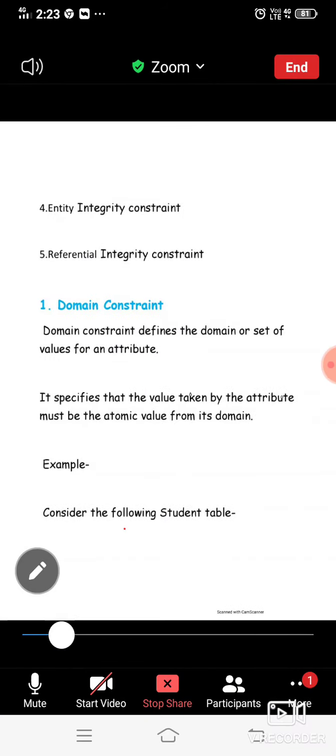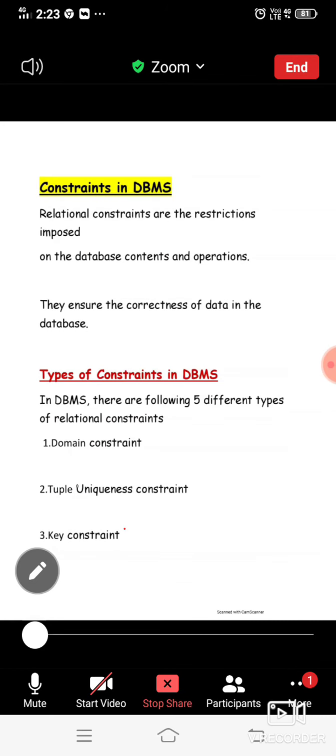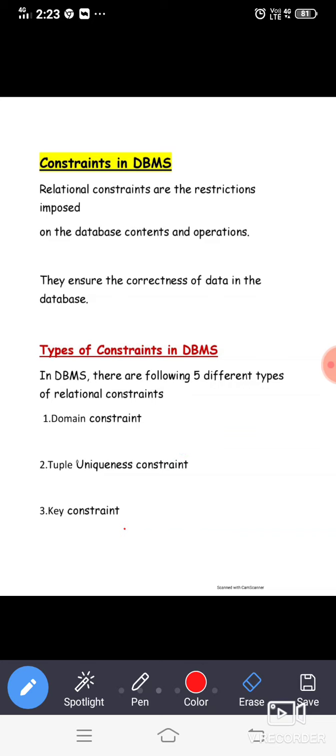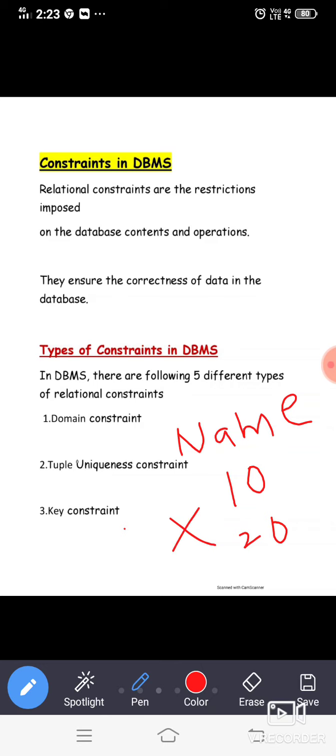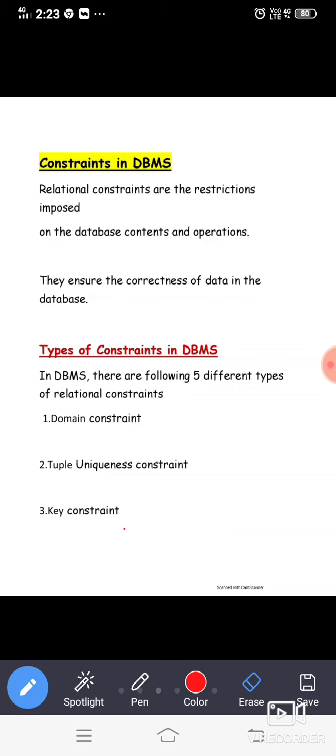So that is the explanation about the primary key constraint. The second one is tuple uniqueness constraint, and the domain constraint. Three types of constraints you have learned: domain constraint, tuple uniqueness, key constraint. Domain constraint means we have to write suitable values for the suitable column. For example, if you take the column name as age, it can never be values like ABC, which is of no use. Similarly, a name can never be a number like 10 and 20, which is not satisfying the domain constraint. The domain constraint is very easy. It's common sense. You need to write the proper values for the proper columns.